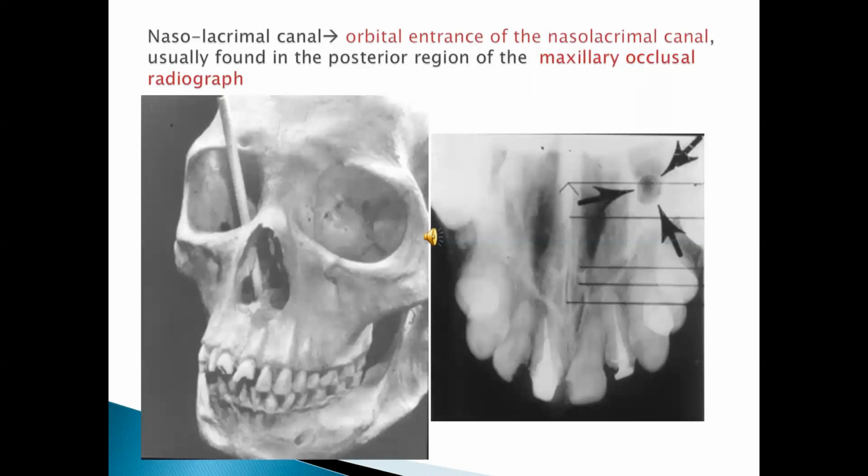The occlusal radiograph is usually made with a high positive vertical angulation. So the X-rays would have to pass through the nasolacrimal canal before they could reach the maxilla. During this procedure, it makes a radiolucent shadow on the posterior part of the maxilla. So it is actually the shadow of the nasolacrimal canal that is seen there. It is extremely rare to find these images on an intraoral periapical radiograph. However, in a maxillary occlusal radiograph of the posterior region, one may find this more frequently.